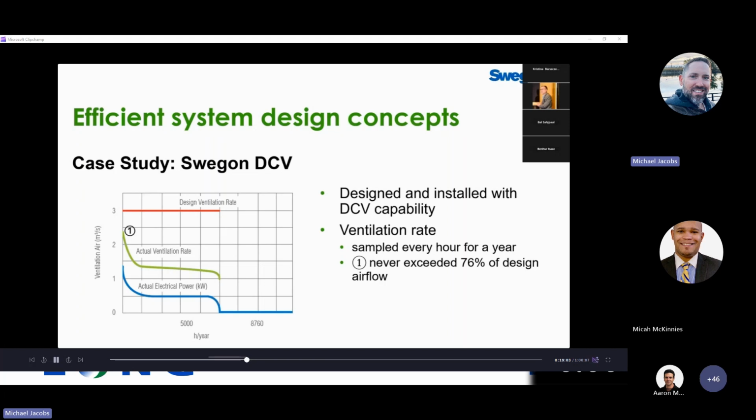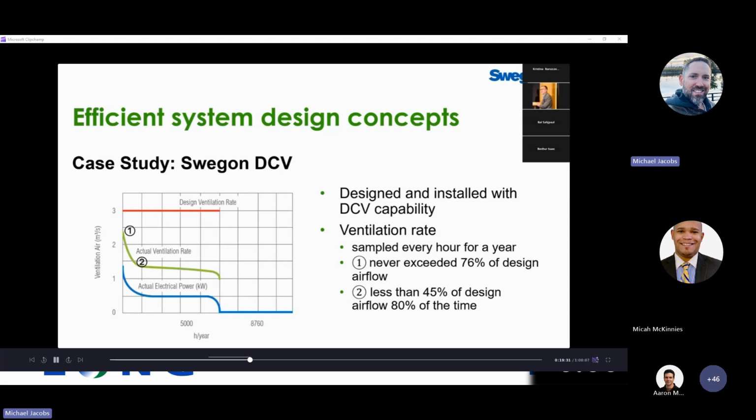But because it's a variable air volume system, they're assuming they'll never need more than 80% diversity. I think there's some support for that in this research that we did. The second point is that most of the time, like 80% of the time, we needed less than half of the design airflow. So the result is you can see that blue line there shows how our electrical consumption